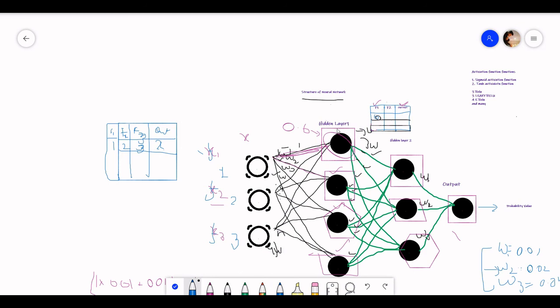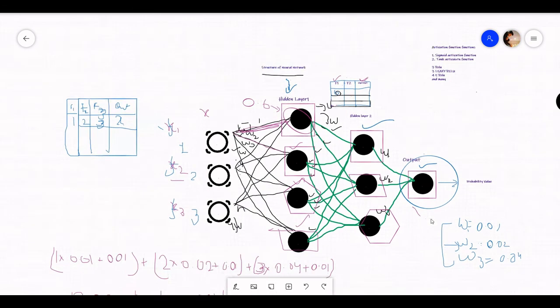Suppose in this layer we are applying sigmoid, and in this layer we can apply ReLU. If it is a binary classification, at the last layer we should apply a sigmoid activation function. So this is the basic structure of our neural network.